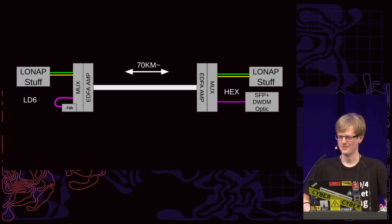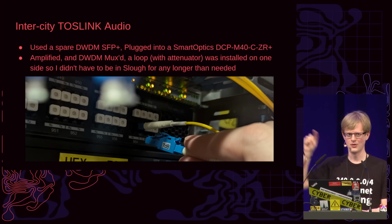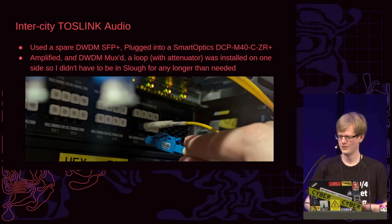So, same sort of deal as always. You go into a mux. This time, the mux has an amplifier on it. You might notice there's a bit of an attenuator on this one. This is because the multiplexer amplifier also amplifies on the outbound as well. So if you loop the signal back, the signal input strength coming on the other side is crazy high. This is bad